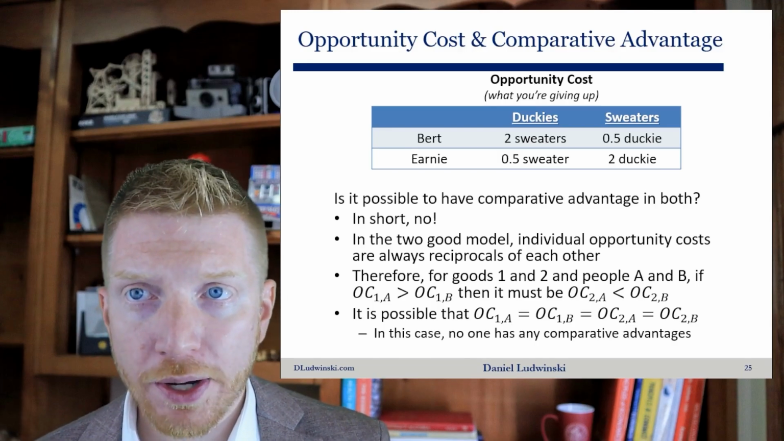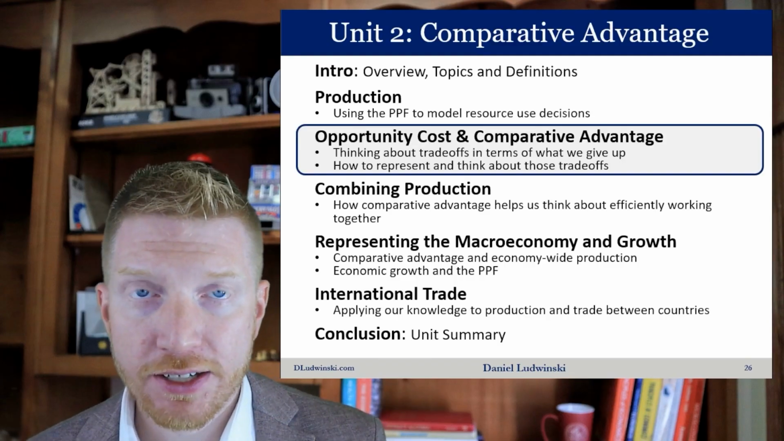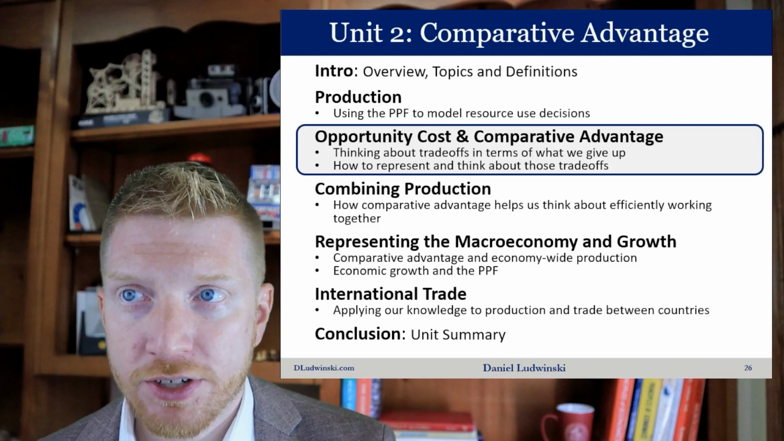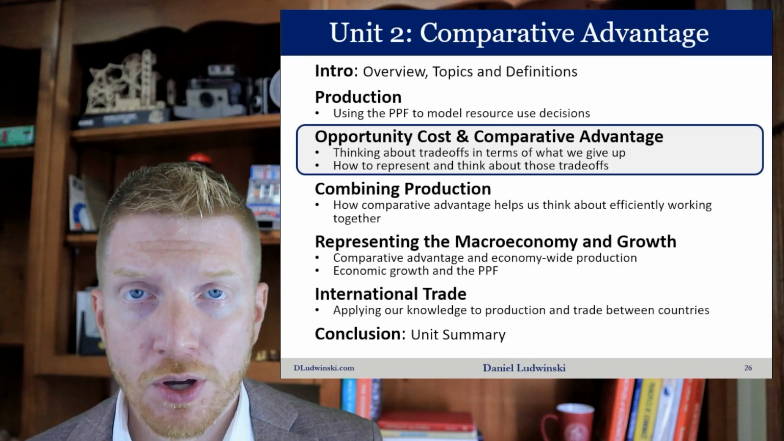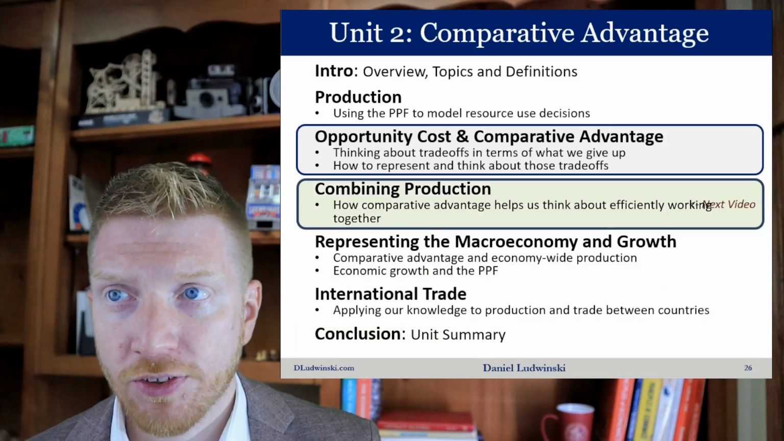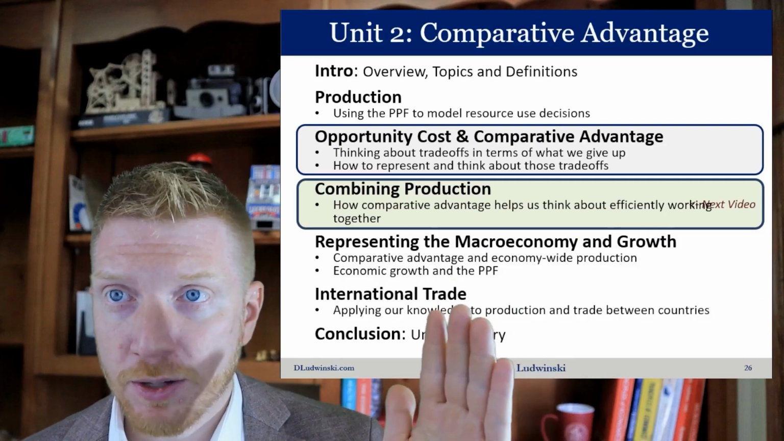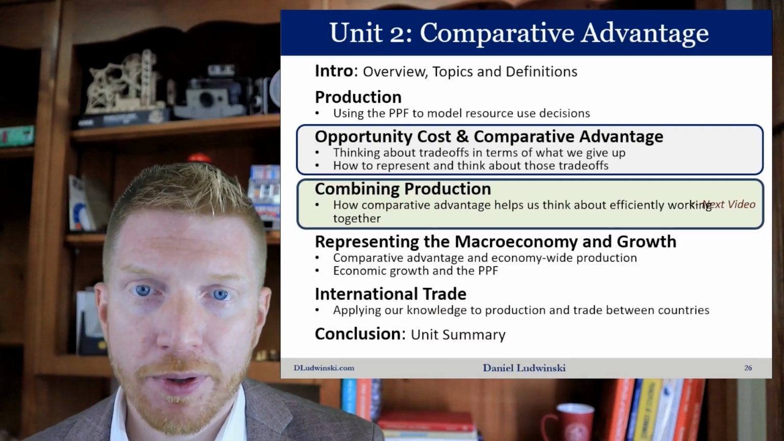So this is one method that we use to think about opportunity cost and comparative advantage. It's going to help us to think about trade-offs, it's going to help us think about production, and it's a helpful way to represent those trade-offs. What we're going to do next is think about combining production, how comparative advantage helps us think about working together efficiently. And that's what I will be covering